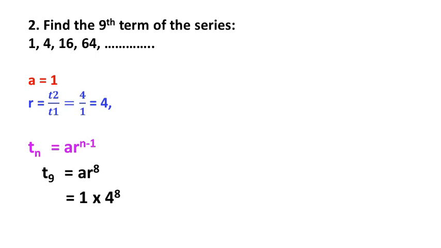You need to note down in this particular place for calculation, children. Never ever multiply the terms before removing the exponent. What I mean to say is, you cannot multiply 1 into 4 unless you find out the value of 4 to the power of 8. Always the exponent part, the power, should be simplified, then you have to find out the product. So 1 into 65,536, that is the value of 4 to the power of 8, is equal to 65,536.